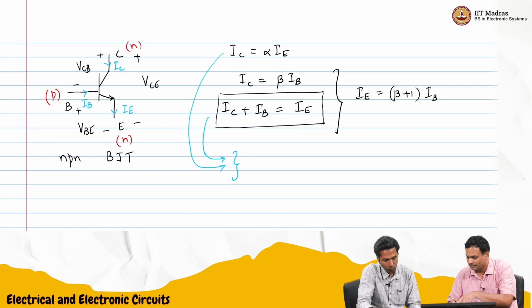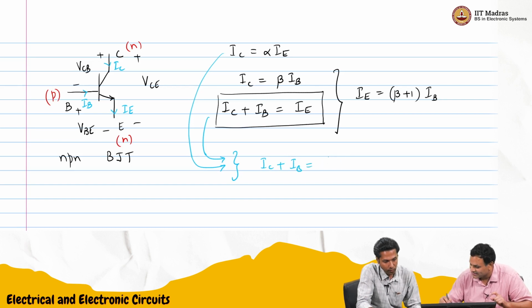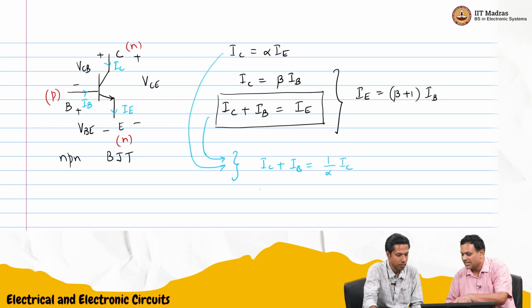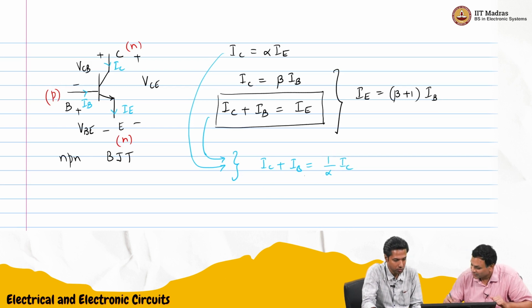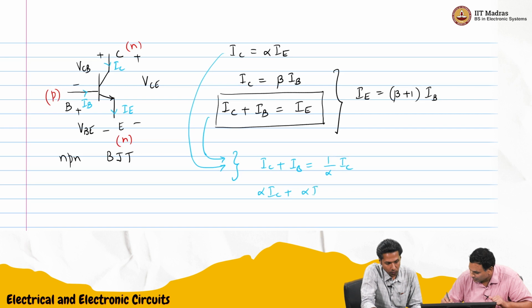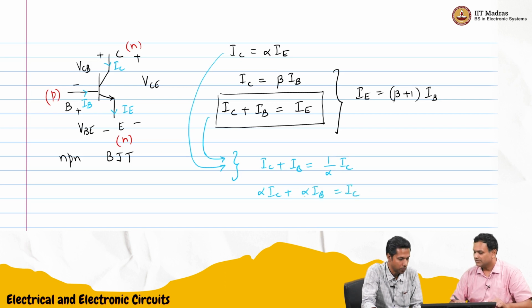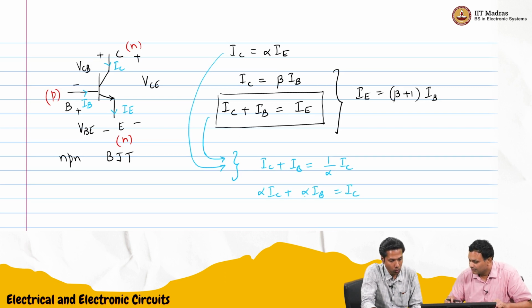IC plus IB is alpha IE, so IE is 1 over alpha times IC. So then we can create a relationship between IC and IB again. We'll multiply throughout by alpha. I just multiplied the equation by alpha. Then we said IC is beta times IB. We'll write it in the same fashion. So alpha minus 1 IC,